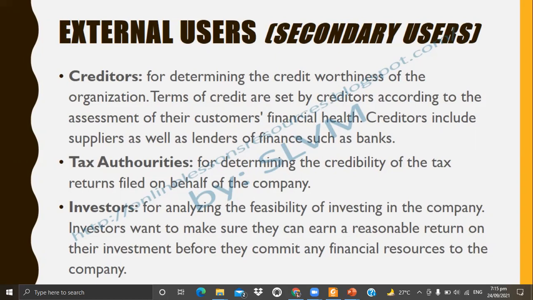Hindi natin pwedeng dayain or gumawa ng illegal na transactions, no? Or non-existing na transactions just to decrease our income, para onti yung tax natin. So bawal yun, no? Pag yun nakita ng BIR, meron tayong penalty.